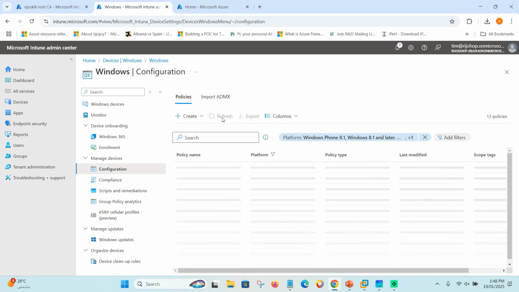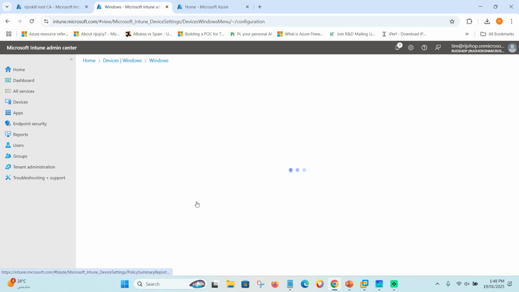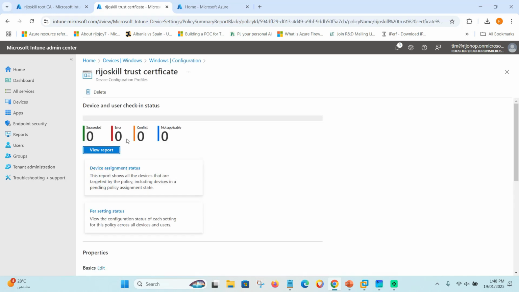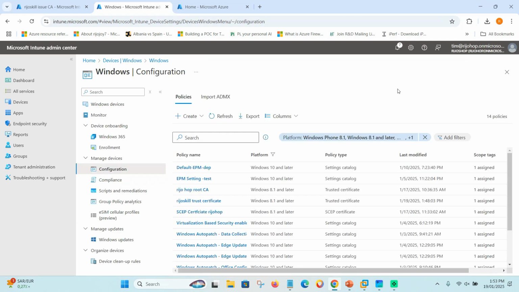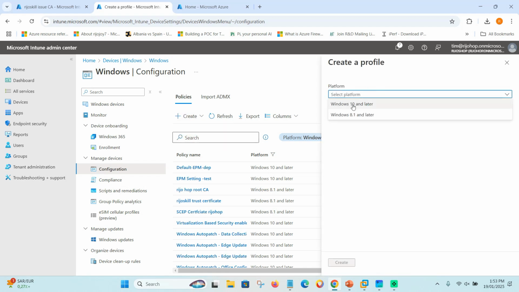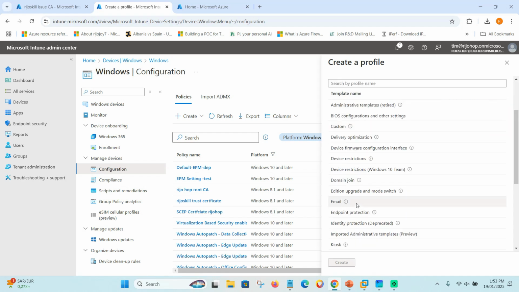So after you refresh, you can see Skill certificate. Once you complete your process, it will be showing here. So after the configuration profile of the root certificate, we need to create the SCEP certificate. So just go for create a new policy. Then after that, you need to select the platform Windows 10 and select type template. So here you can see